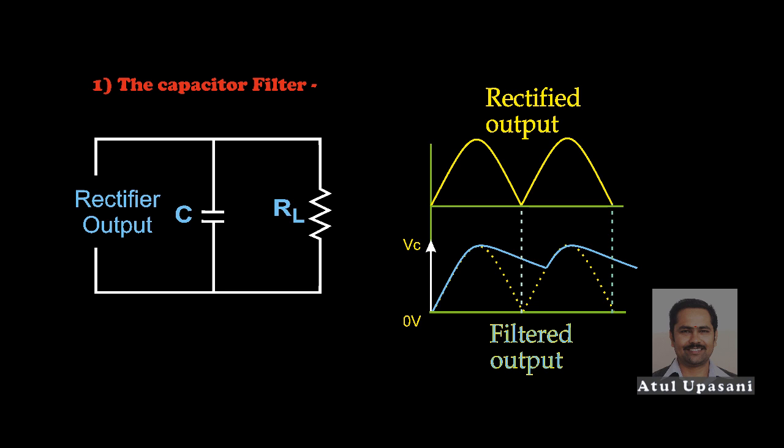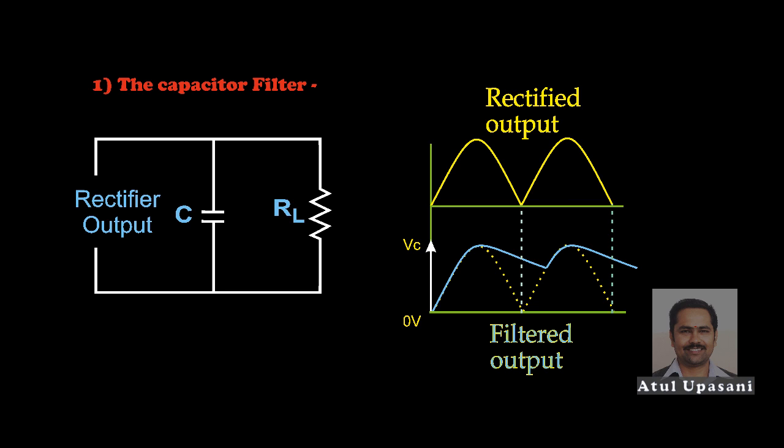So we can see from the diagram that the capacitor voltage is near about a straight line. Hence the capacitor can't discharge completely. It loses only a small part of its charge, and the next positive peak arrives which recharges the capacitor to peak value. In this way, the capacitor voltage is maintained at the maximum value. Thus the load has pure DC. However, there is a very small ripple caused by charging and discharging of the capacitor, but it can be removed if you use another capacitor after this. So in this way the capacitor filter will work.